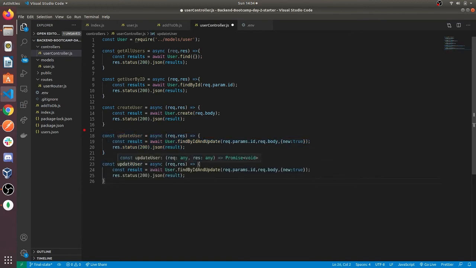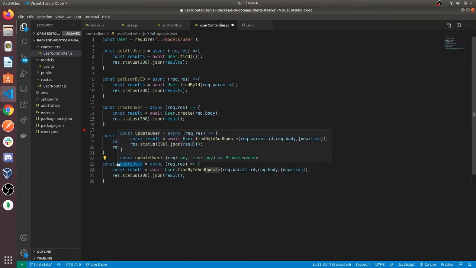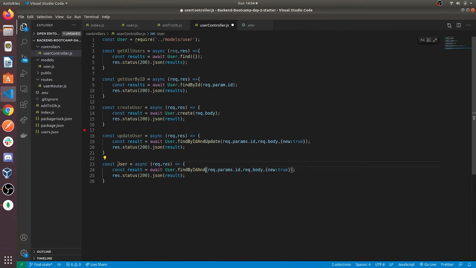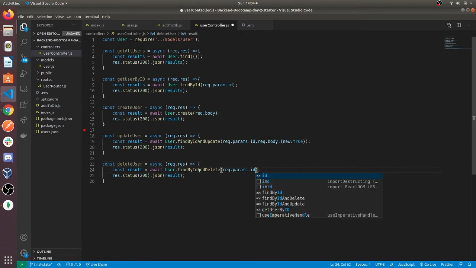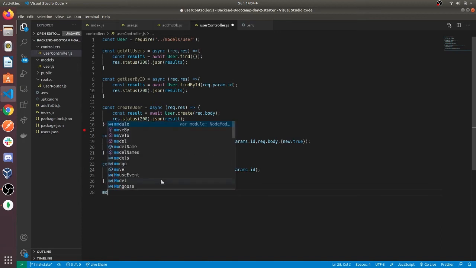Similarly, we'll just delete the user. Delete just takes a single parameter, that is the ID. And now we'll just export all of these.